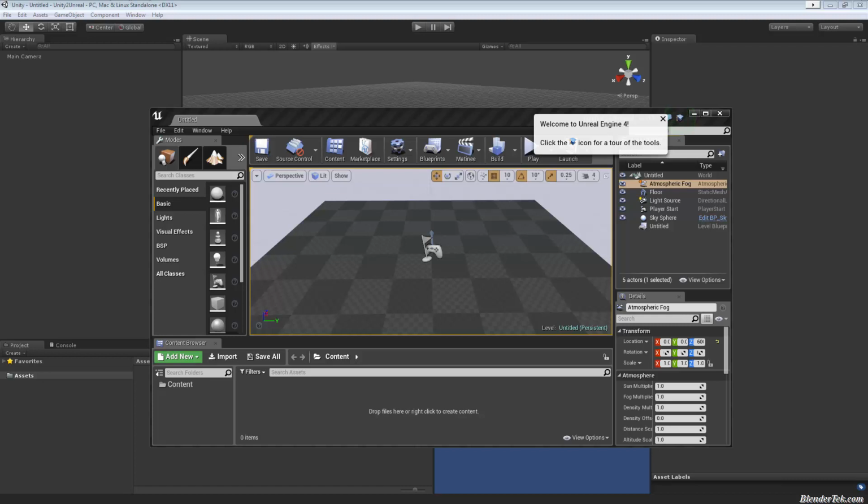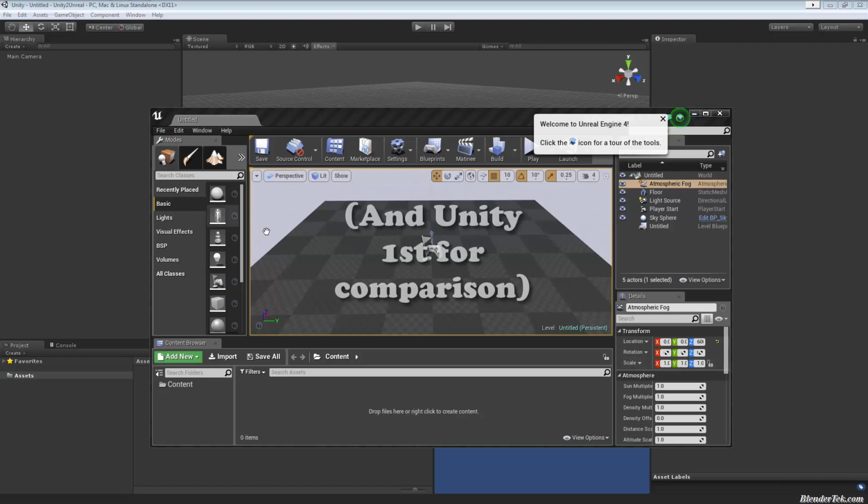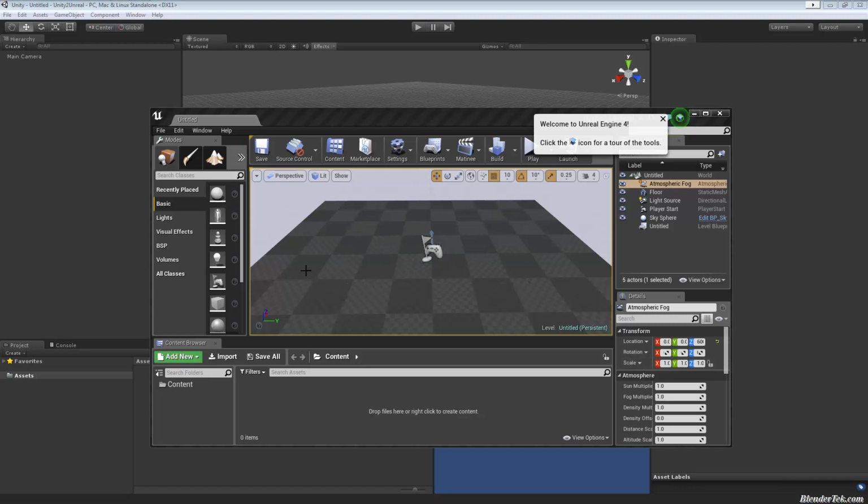Anyways, on to the actual video now. So today in the first volume, I'm going to show you where to look in Unreal Engine for something that you may already know in Unity, such as components. And I'm going to end the video by importing two basic meshes I created in Blender into Unreal Engine and adding their textures to them. I'm sure you already know how to do this in Unity. I'm going to do it in Unreal as a new user just to see how well it works.